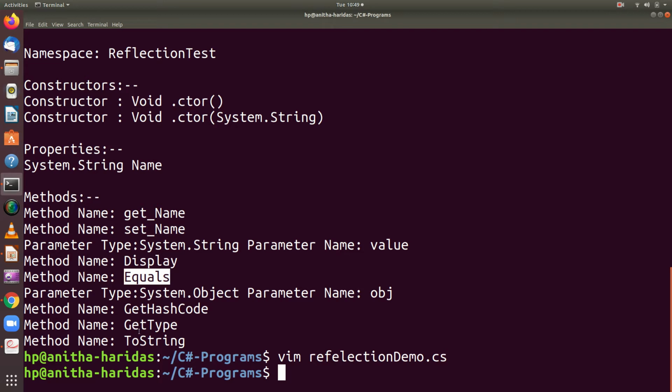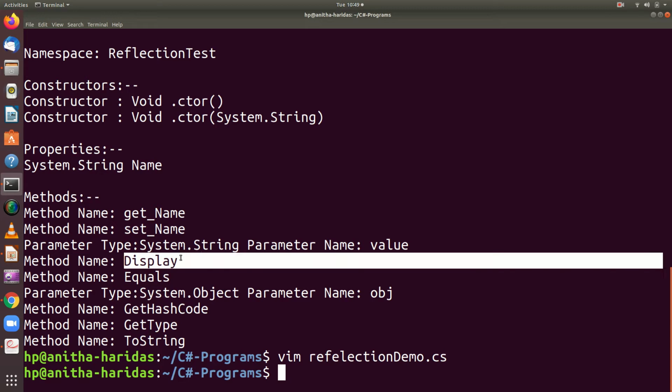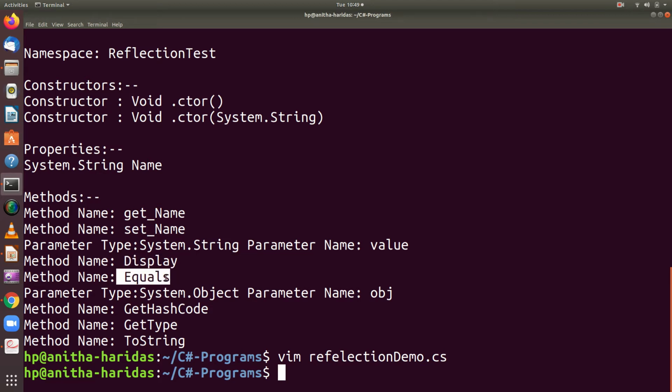These are the different default methods that are available along with the display method and the equals method. Remember, display is the only method which is defined by the user. Apart from that, we have equals, get hash code, get type and toString.